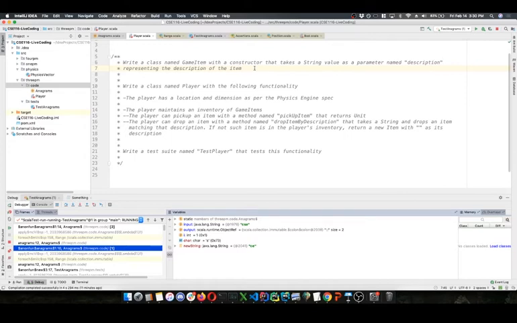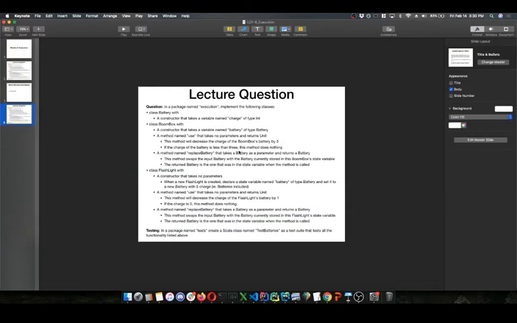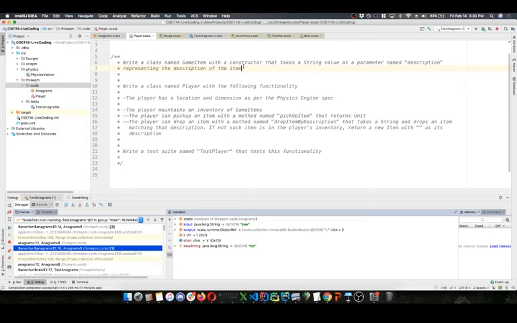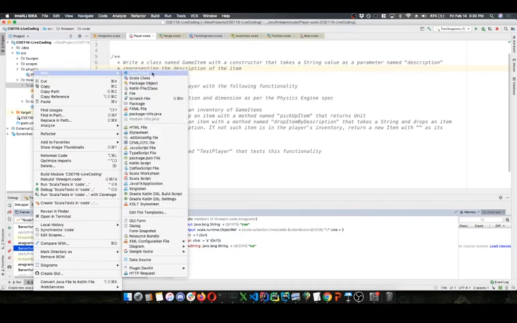Same idea as, I forgot what I called it, the something from today's lecture question, the top one. It's bugging me, I gotta check. The batteries, yes, the batteries from today's lecture question. We have a class, it's going to take a string as a value, for the description of an item. We don't expect the description to change, so I'll set it as a value. And that's it, that's the entire class. So let's write that class real quick.